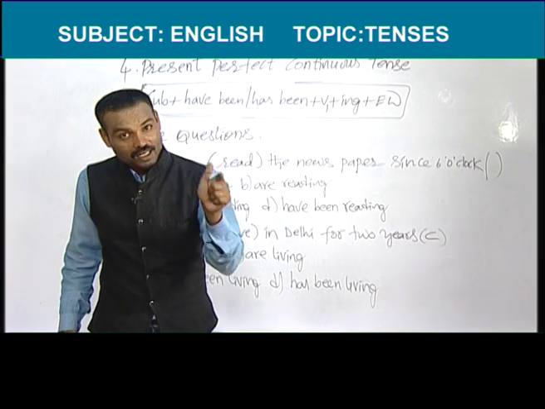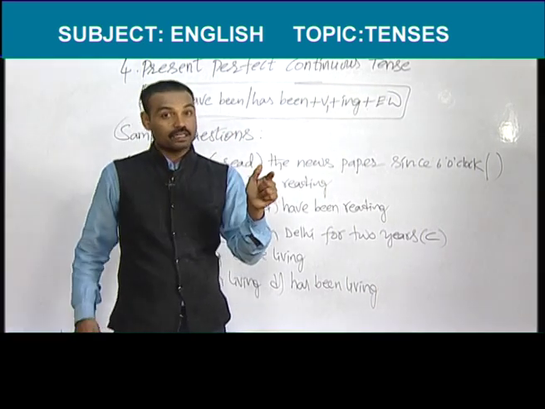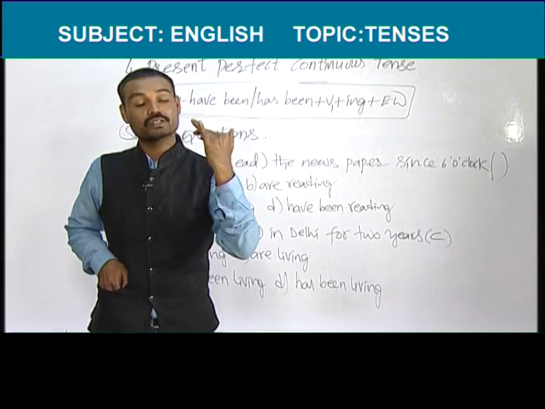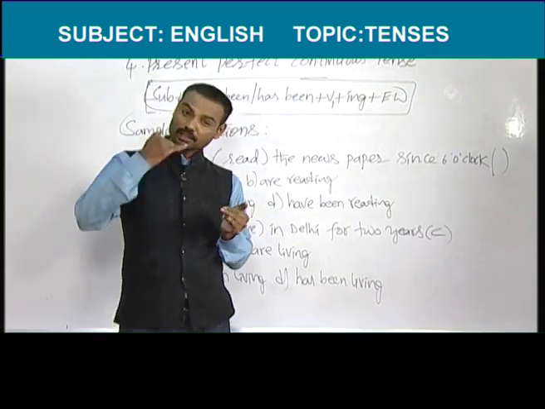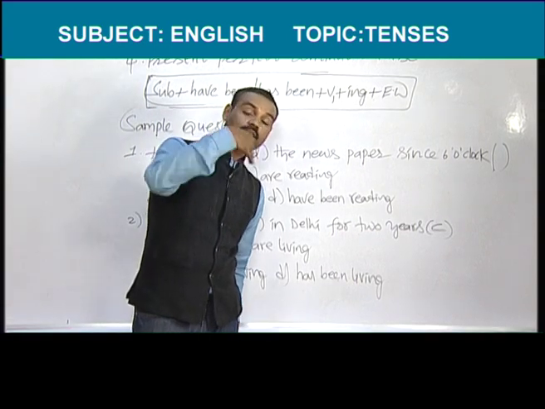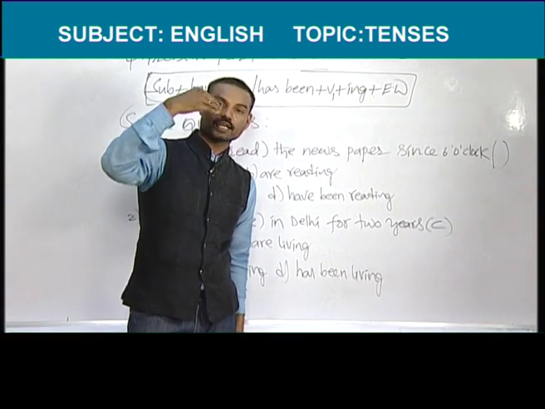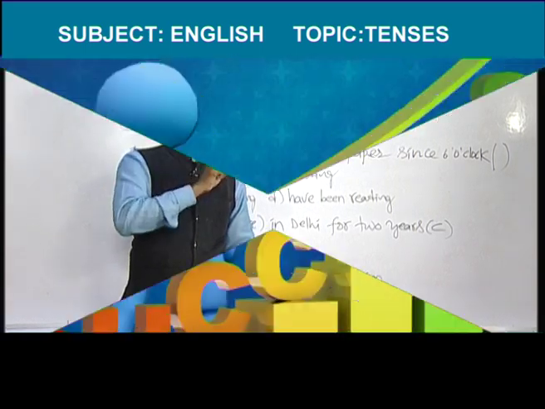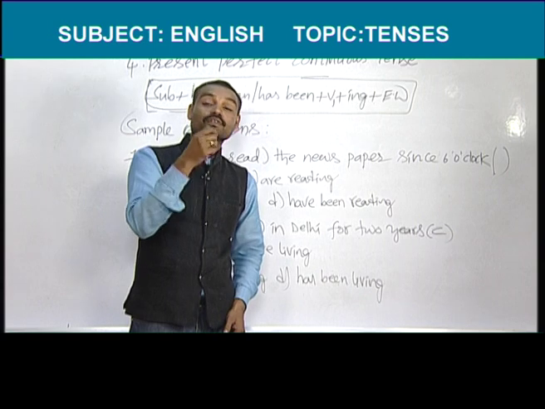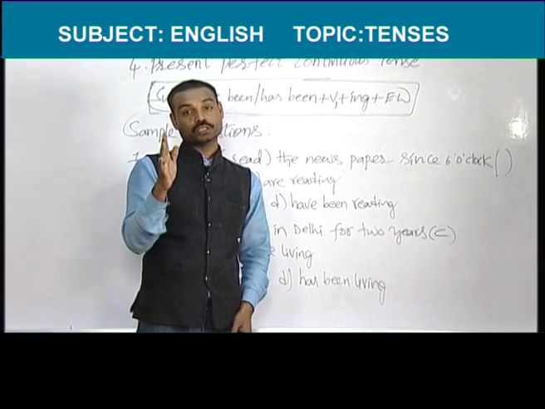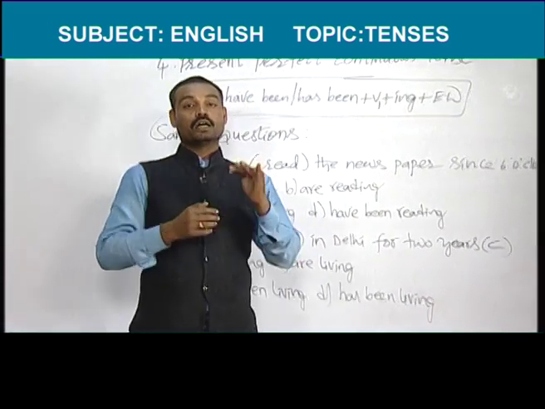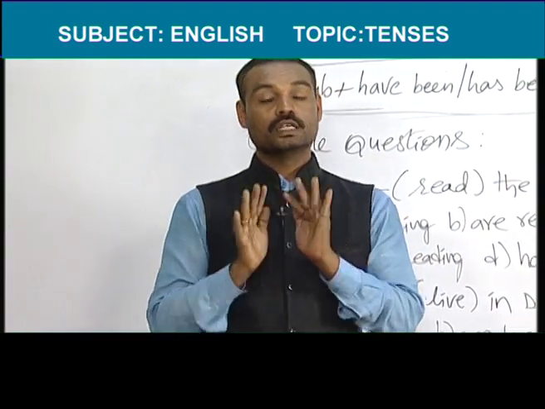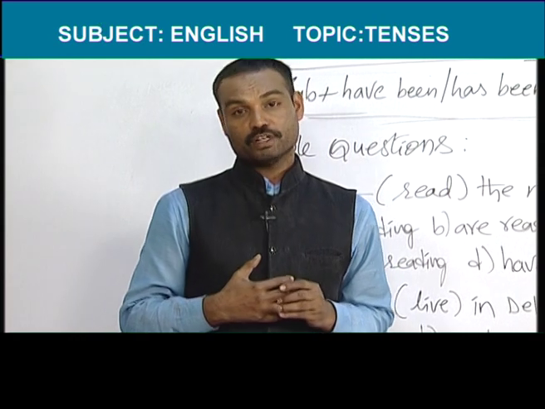Whereas will can be used after any subject. Shall should be used only after the first two subjects, I and we. But will can be used after any subject: I, we, you, they, he, she, after any subject. You should use shall after I and we. Even will also can be used after I and we and after any subject. Okay, fine. The main verb must be in the first form in this tense. Simple future means the main verb must be in the first form.